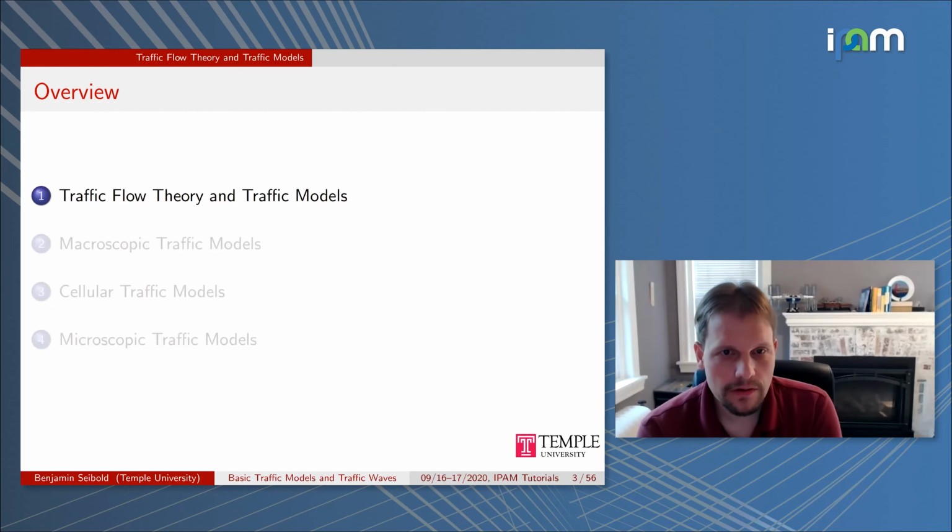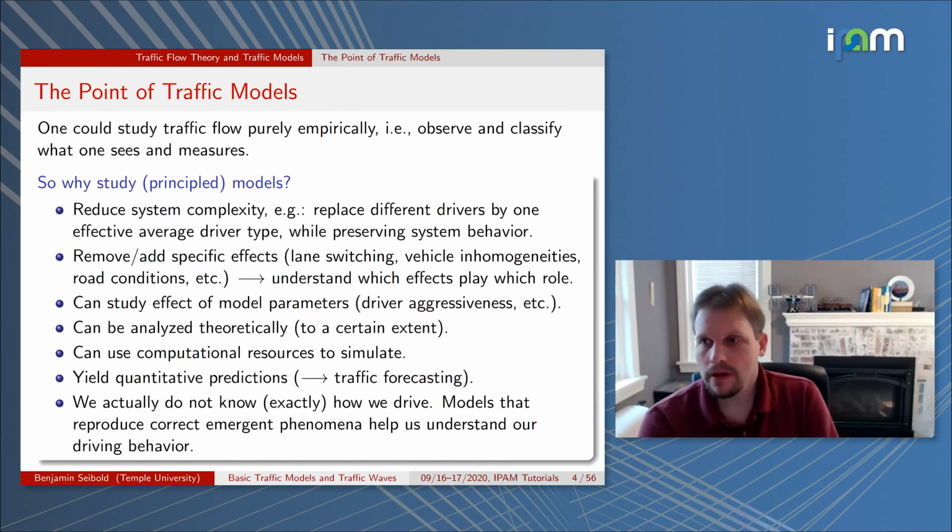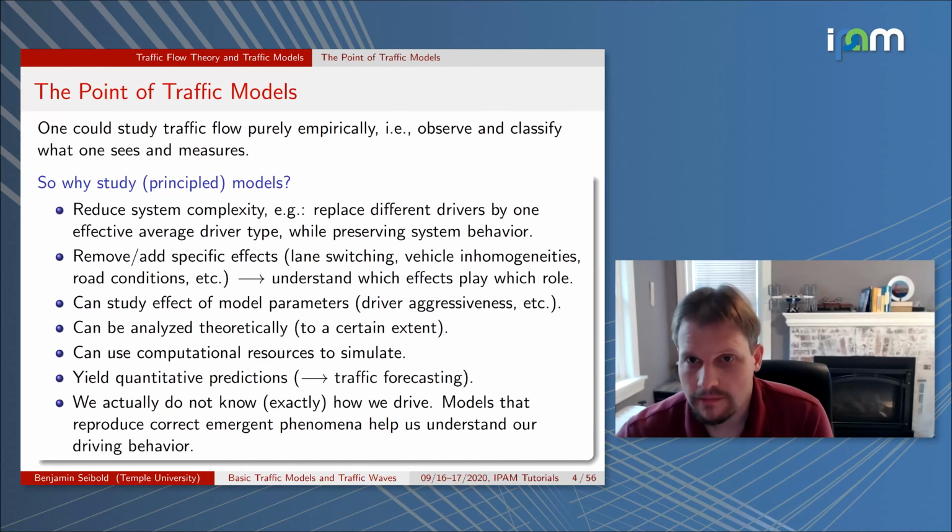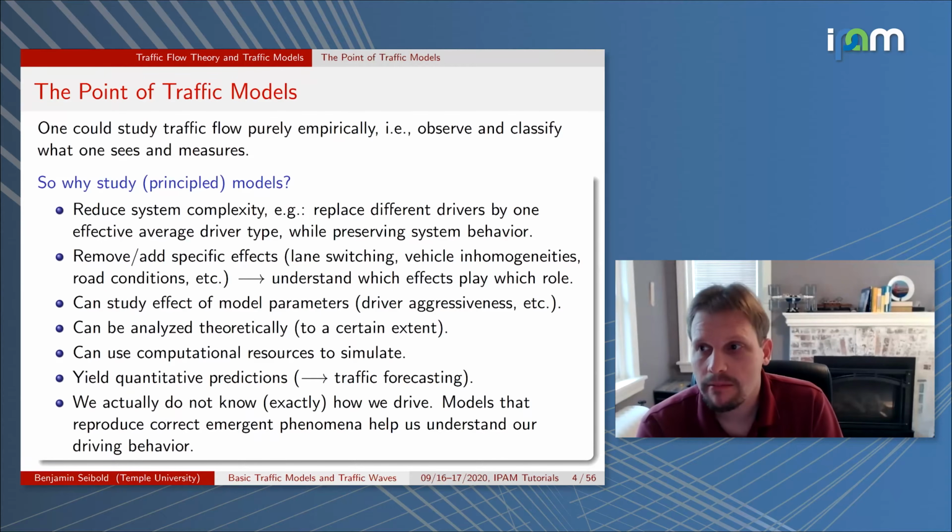So to start out on traffic flow theory, one first has to start out, of course, with stressing why modeling. So why traffic flow models? Of course, that is not just true for traffic flow, it's true for anything, right? One has to ask, why do you want to do models? And when I say models, I mean principled models. So models that are built from first principles and then maybe calibrated to data, but are fundamentally starting out from